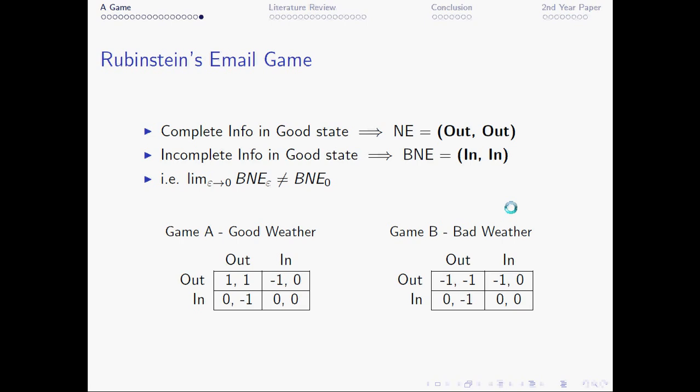So the basic problem is that as epsilon goes to 0, as we know better about the actual state, as the information becomes more complete, the Bayesian Nash equilibrium is not continuous in the higher order belief structure, which I'll talk about a bit later. One of the main messages is that common knowledge of the game is very different from approximate common knowledge in terms of predicting what the Nash equilibrium